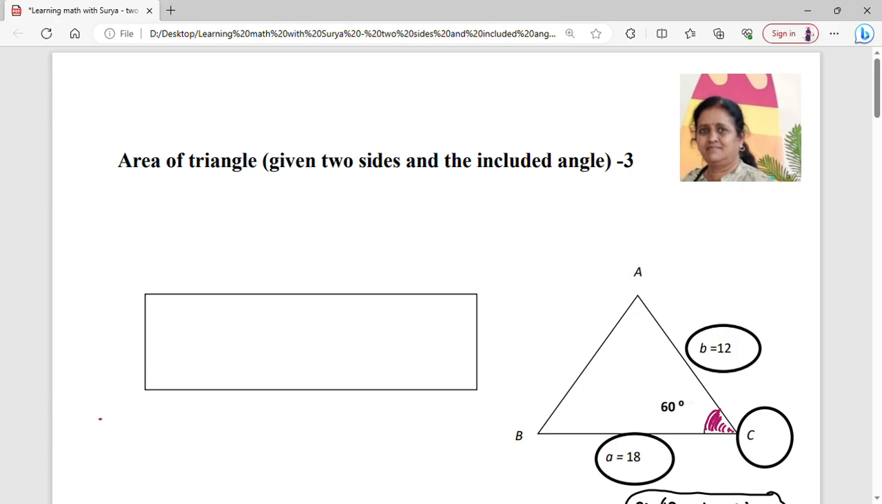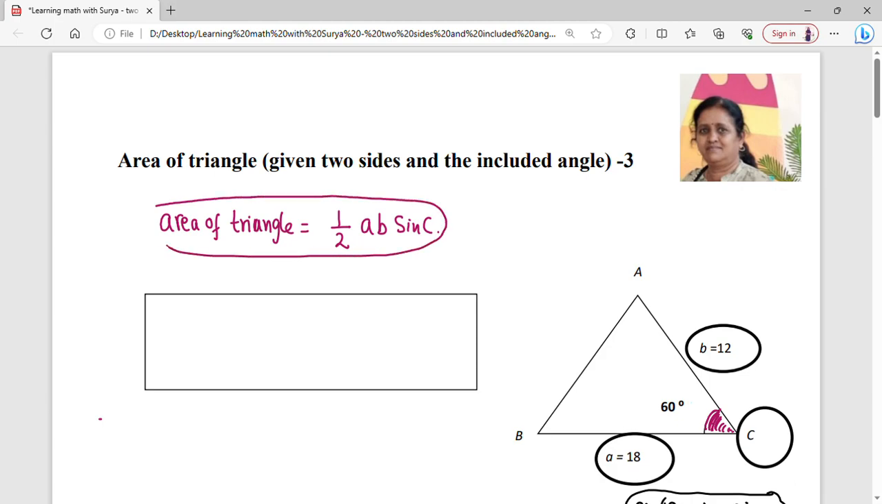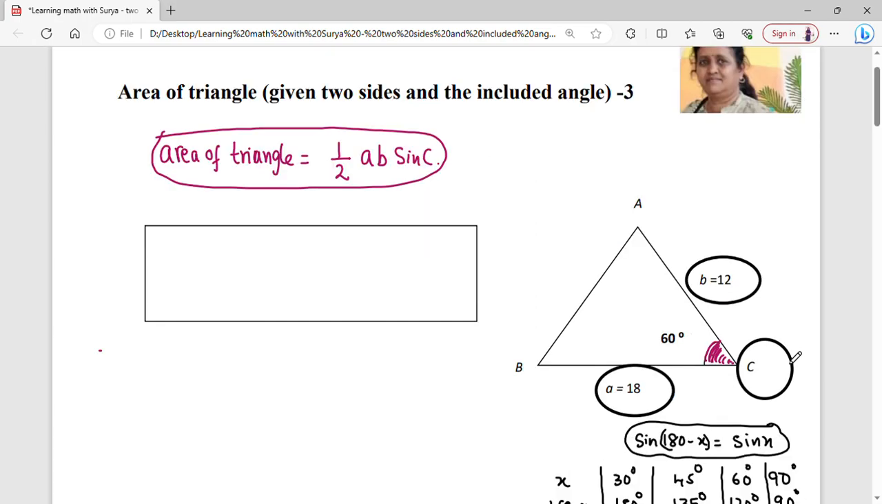Then the formula to find area of triangle is given by area of triangle is half AB sine C. Okay, so we need to recall this formula when we do questions of this type. So let's go through the first question